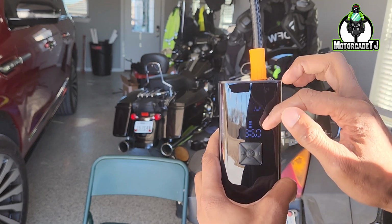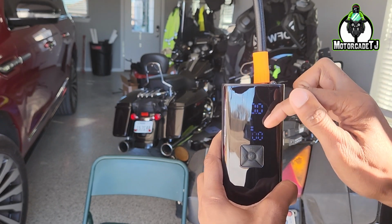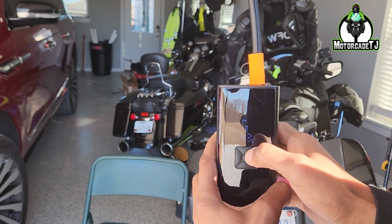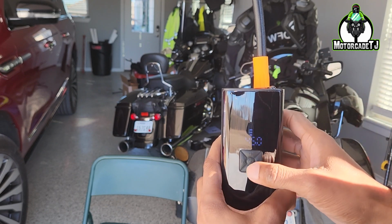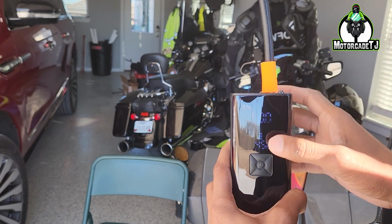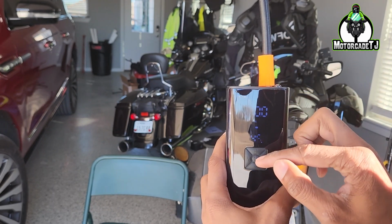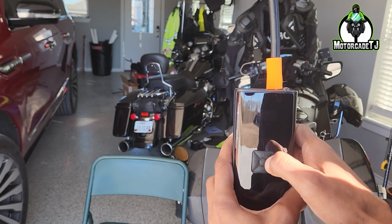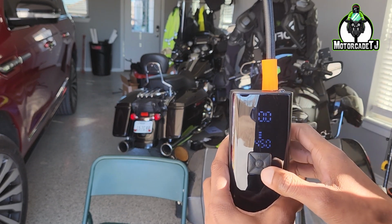So you can cycle through those presets, and if you want to tweak it, so for example on my motorcycle, right now it's showing 40 as a preset. I like to put mine on 45, so I'm going to push this plus button until it gets to 45, and so that's now what this is going to pump up the tire to. To actually start it, you just push the power button in the middle one time. Remember, if you hold the power button, it goes off. Hold it long, it goes on. But just push it one time quickly, and that's when it